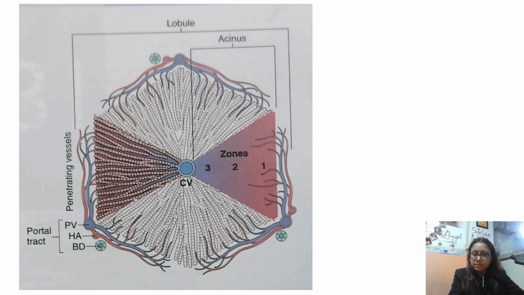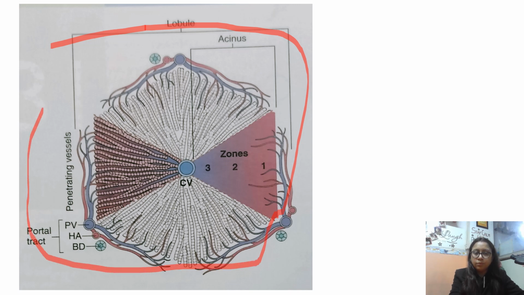See, I told you this is a hexagonal model. This is an entire lobule, correct? Now each lobule is divided into 6 acini: 1, 2, similarly 6. This is our central vein. The hepatic vein is also known as the central vein, and it's in the center. Whichever hepatocytes are in this area, that is zone 3. Then in between is zone 2, and near the portal tract it is zone 1. What comes in the portal tract, we call the triad: 3 things come, portal vein, hepatic artery and bile duct.